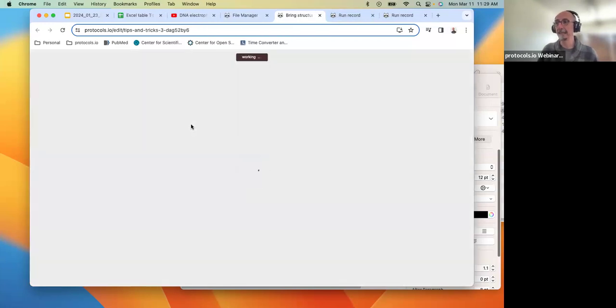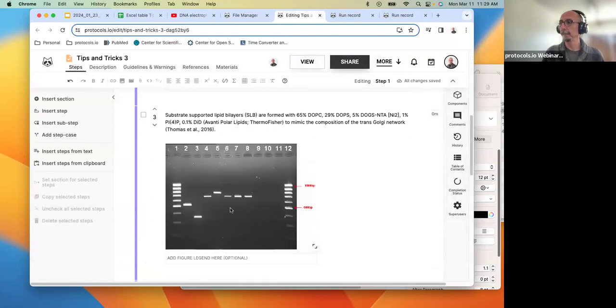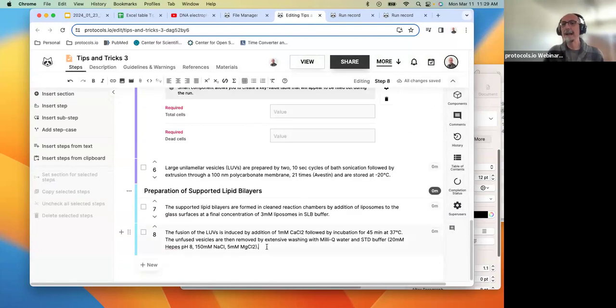Let's keep editing our protocol. The last thing that I would like to mention about the editor is another functionality called step case. And the step case is useful when your protocol bifurcates. Let's say that you are doing an in situ hybridization, but the protocol changes slightly if you are working with lung tissue or with hard tissue. But you want to capture that information. So I can select a new step case,